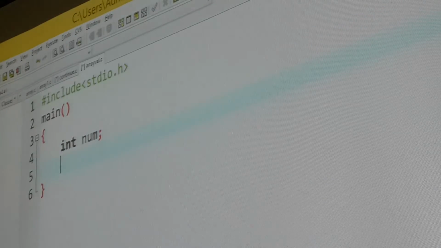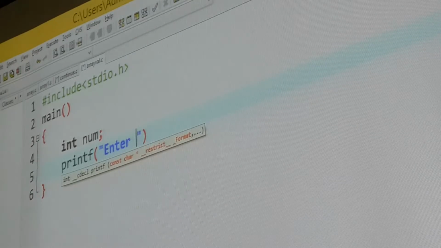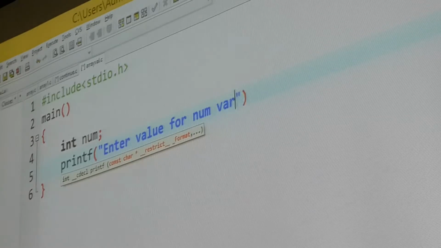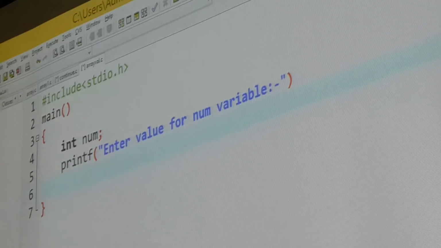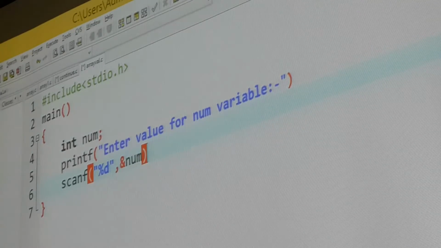After this, I'm going to print one statement: enter value for num variable. Fine? I have entered this. After that, what we used to do? Scanf, with %d, and to refer to the variable, we write this.